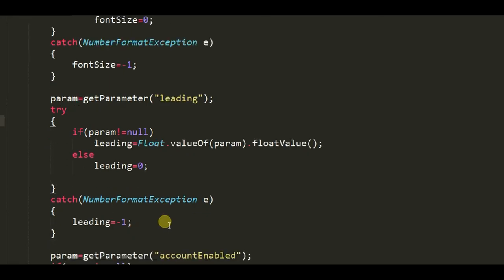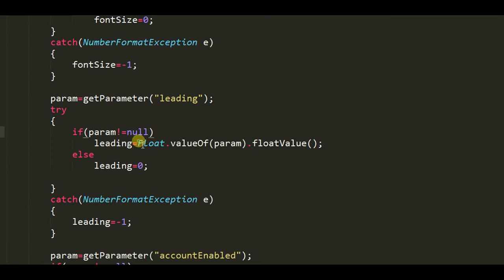Now for leading, which is a float, we apply the same concept: param is equal to getParameter leading, and if param is not equal to null, then leading is equal to Float.valueOf of param.